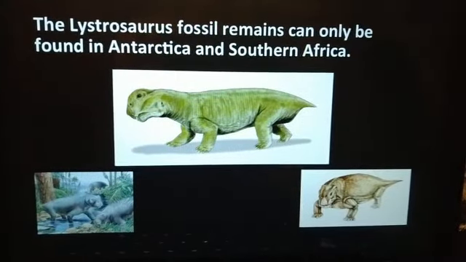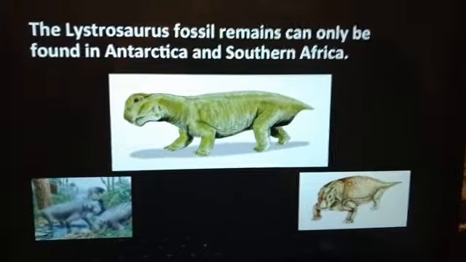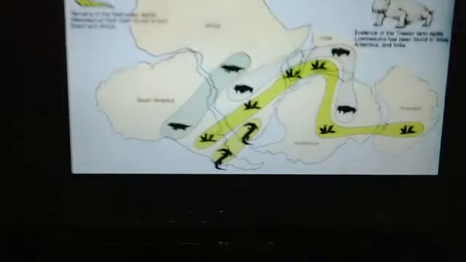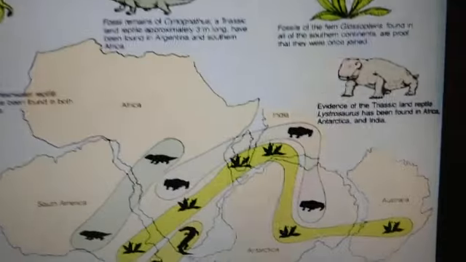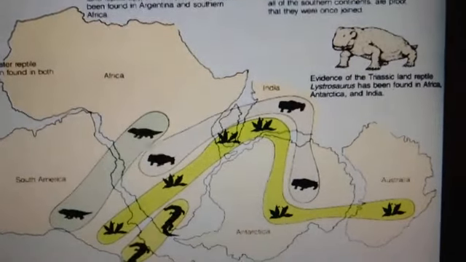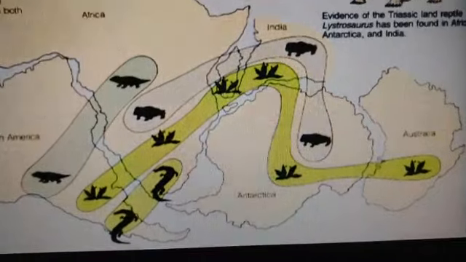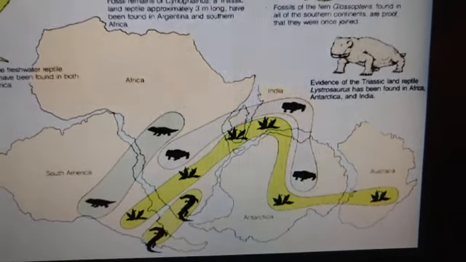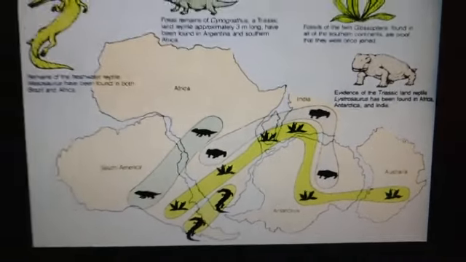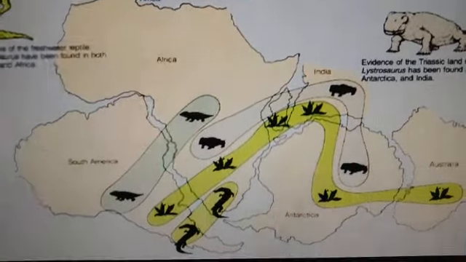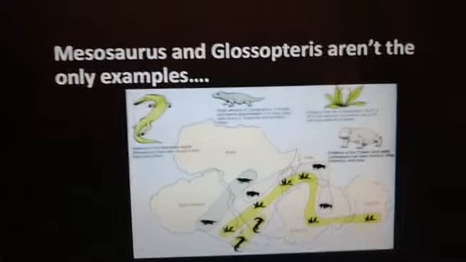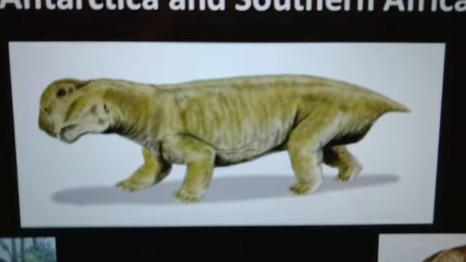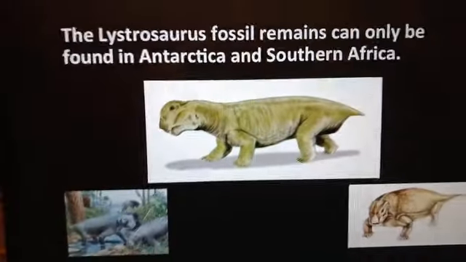And his fossil remains can only be found in Antarctica and Africa. So the Lystrosaurus down here, you guys can probably see him there. If you look at his fossils, they kind of zigzag through Antarctica and a little bit through India, then into Africa. And the only way that could probably happen is if those continents were once together. So there he is again. What a cool looking animal, huh? Completely extinct now.